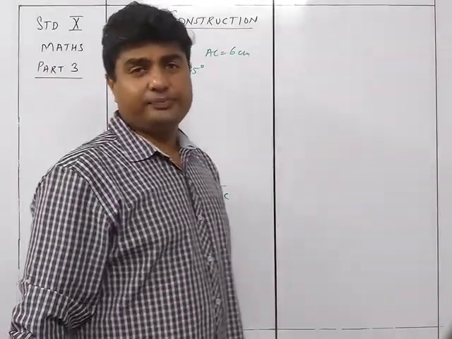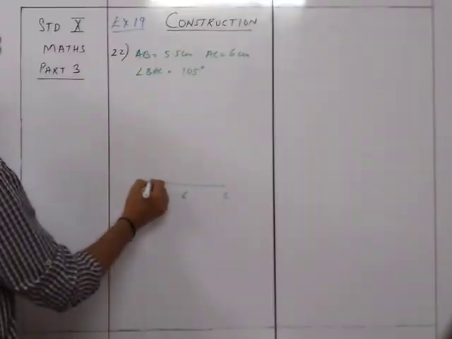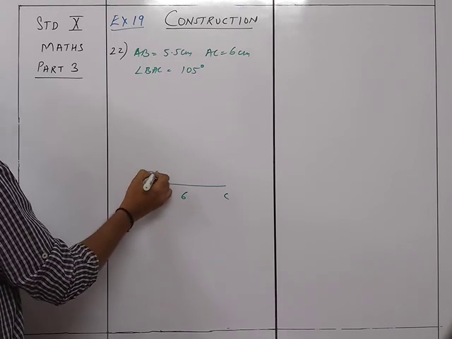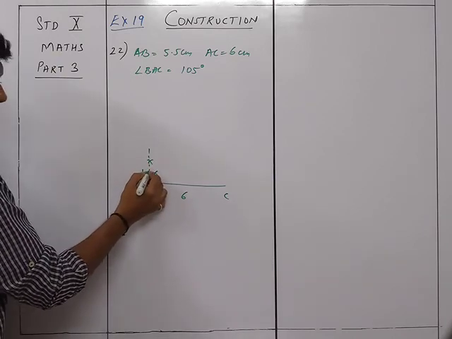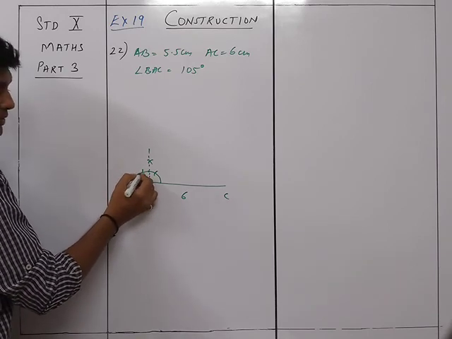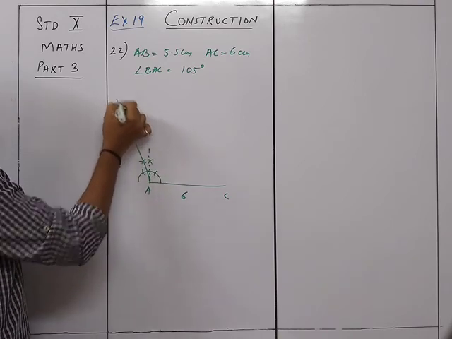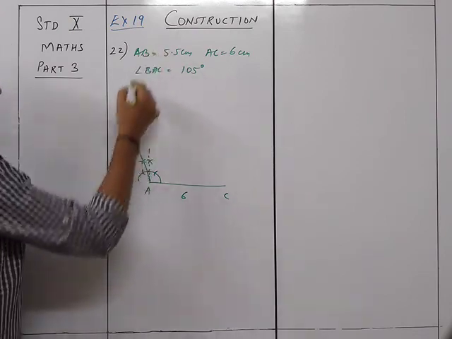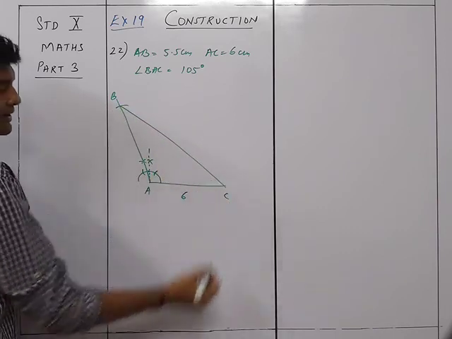How do we get 105? Between 90 and 120. So you're going to draw over here a semicircle, 60 degree, 120 degree, from here 90 degree. Draw this line from this point on this semicircle, at 120 degree. You are going to draw the angle bisector. So this is your required 105 degrees between 90 and 120. It's 5.5, so mark the point 5.5, this B, and that's going to give you your required triangle ABC.